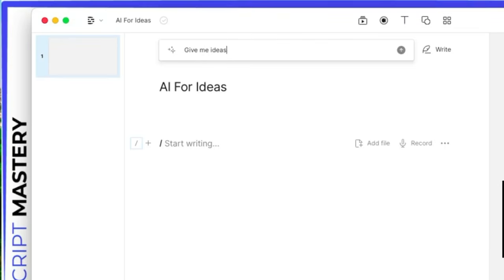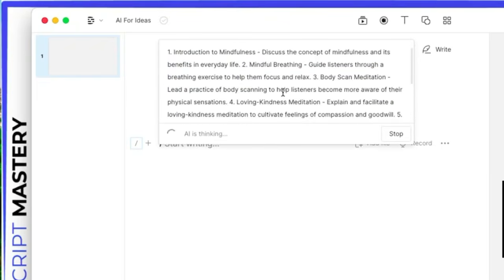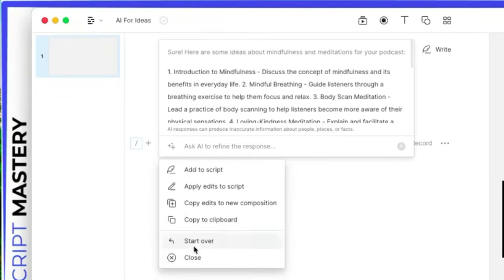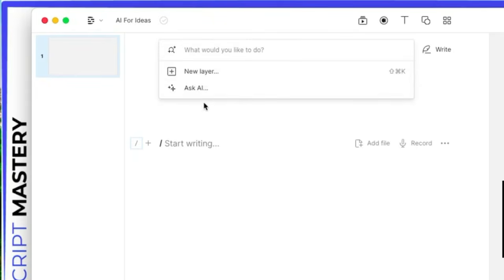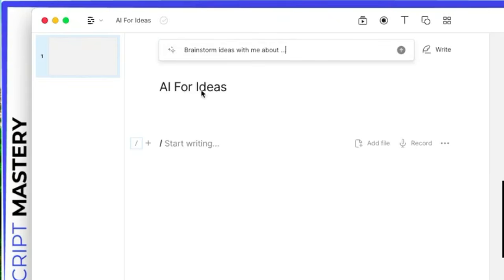Give me ideas about mindfulness and meditation for a podcast. And then you hit enter, it'll think about it, and it immediately gives me an answer: introduction to mindfulness, mindfulness breathing, and so on. But for the sake of this module, we're going to use the built-in one. So there's brainstorm ideas with me. So it says brainstorm ideas with me about... You hit delete, it gets rid of those 3 dots. And then you can say brainstorm ideas with me about